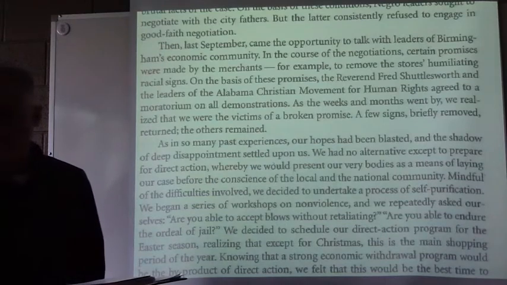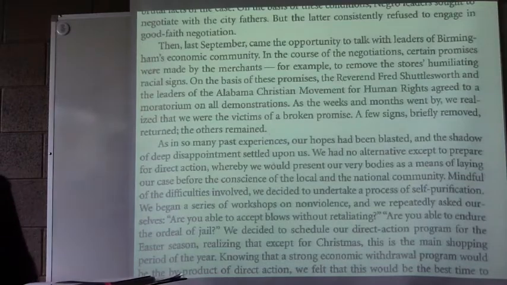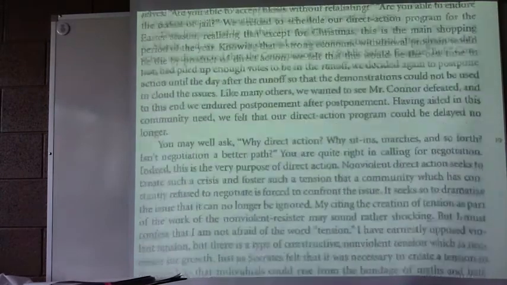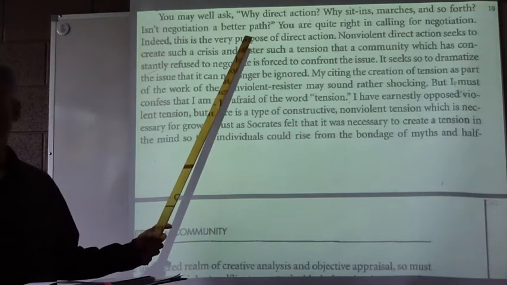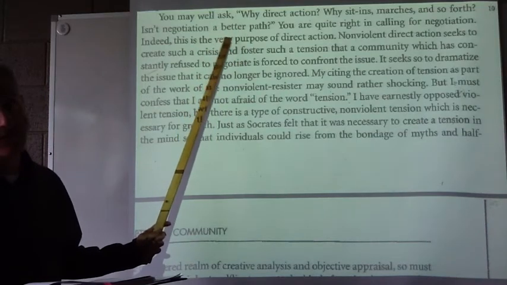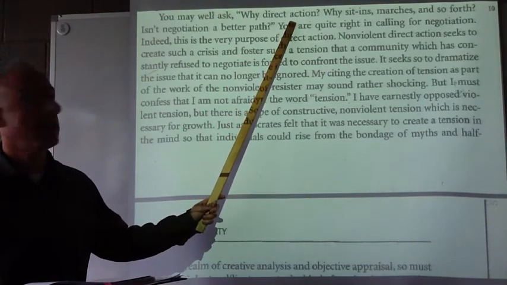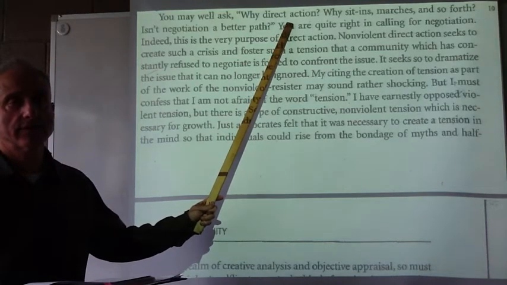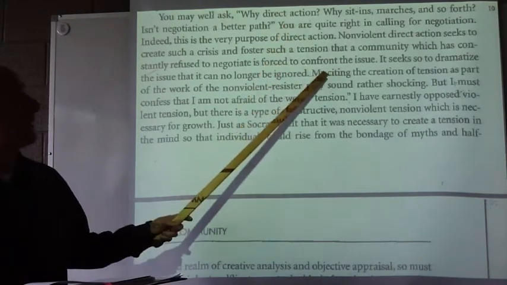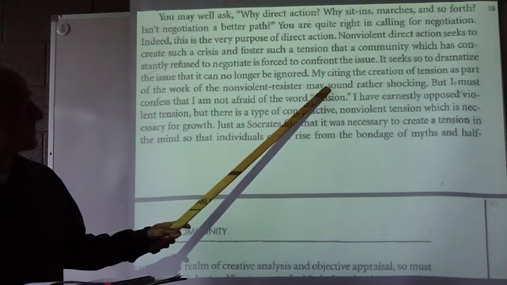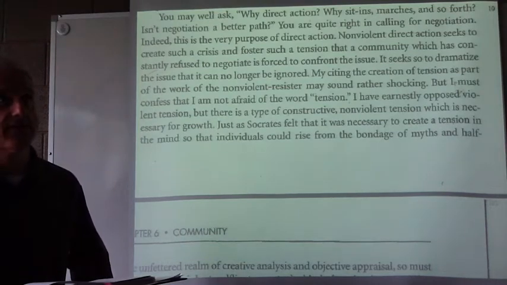On page 263, near the bottom, that's what I want to show you. Again, we still have the same technique going on, paragraph after paragraph, not every paragraph, but it recurs. Why direct action? He knows that the fact that his Southern Christian Leadership affiliate in Birmingham took action was not accepted, so he is refuting that it was justified. And he explains why it's a benefit. It brings up the tension that's underneath the surface.